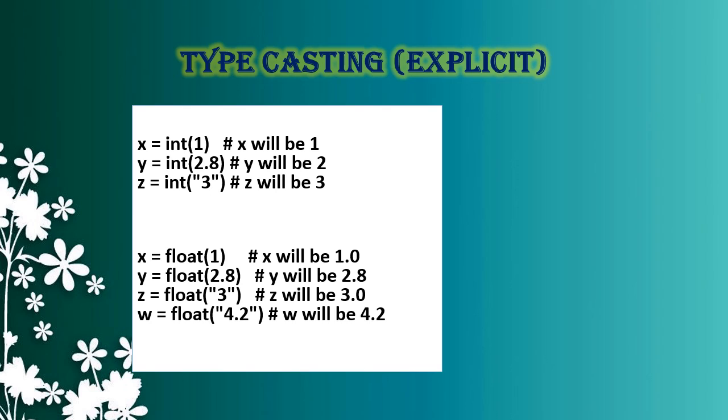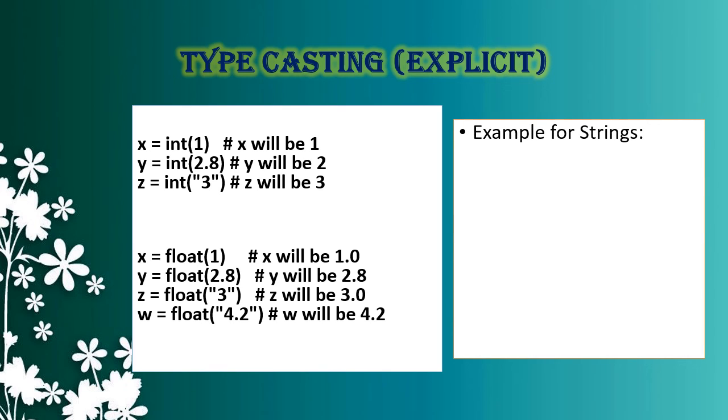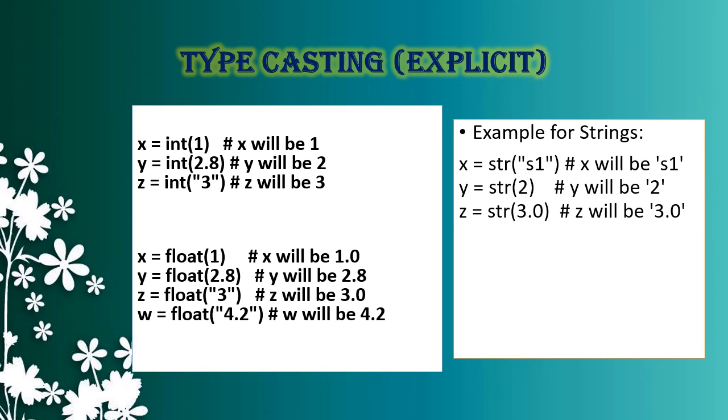Likewise, with float, the integer 1 changes into 1.0, and 2.8 stays as it is, and the string value 3 changes to 3.0, and the string 4.2 is also converted into float. Likewise, a string that is already a string comes as it is, and str of 2 will be converted, so the string value is enclosed by single quotes or double quotes, and the float value